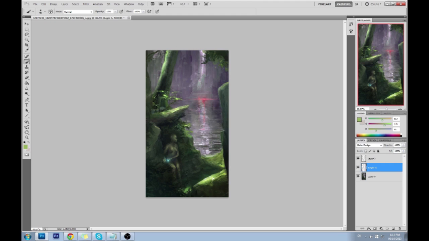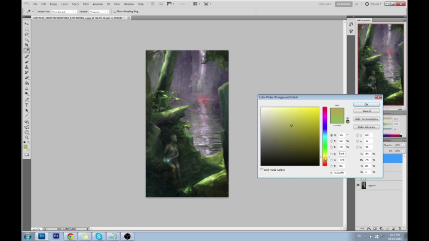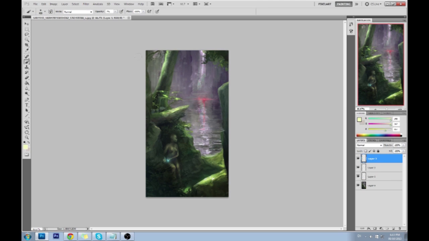Right over here on color dodge, and I'm going to shrink my opacity way low. Actually, I'm just going to put it on 1%, and I'm going to bring in that ray of light that's illuminating everything. So remember, the air has color. Can anybody explain what this means? I can't explain it to you guys, I want you to sort of get it. I'm going to choose the exact color of the light source and color the air. This is what I mean when I say paint the air.